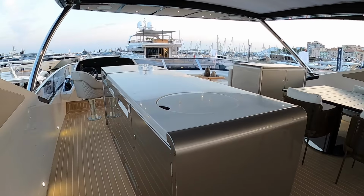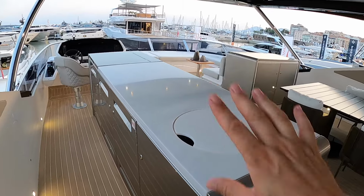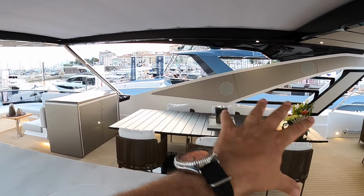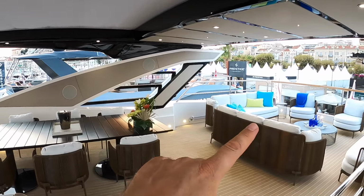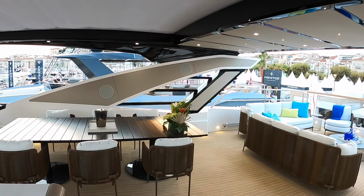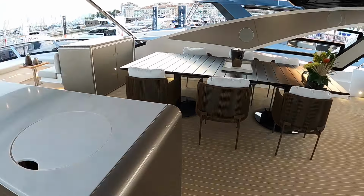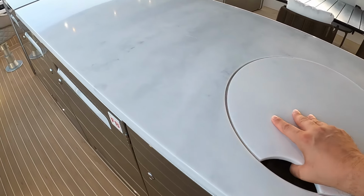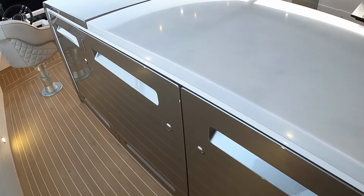So up here there is a bar area, and again we've got this Minotti, I think he said Minotti, furniture, all this designer stuff, very expensive, very heavy, but beautiful. I'd love that in my house. It's just fantastic, lovely for outside. There's a sink underneath here, and then along here you have got